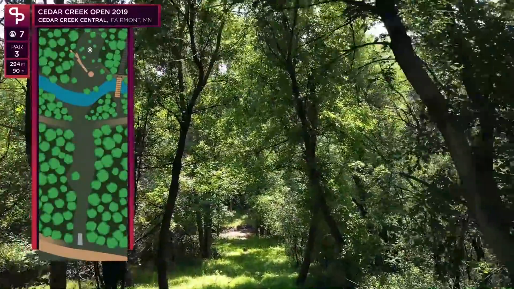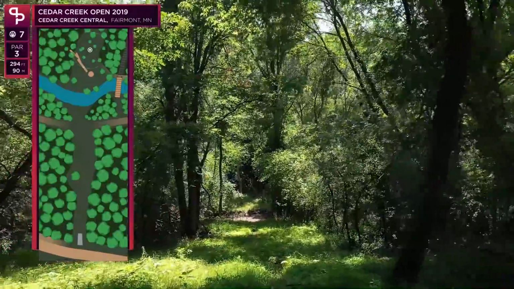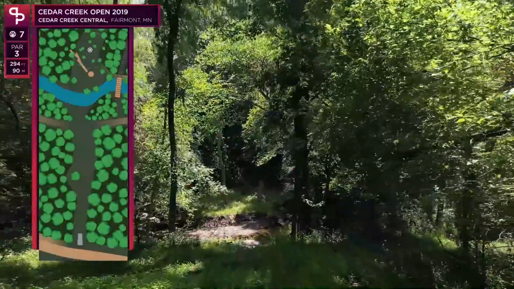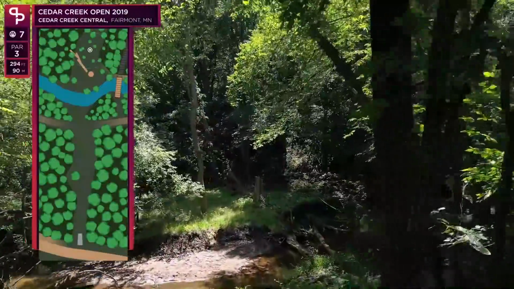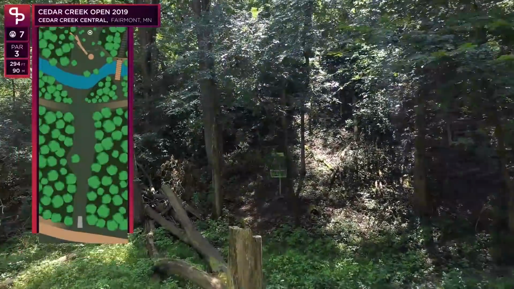Pretty much just straight downhill. You want to throw a forehand hard. There's a creek right there coming up to it. That is OB. You can't really go too deep because the ground there. Yeah,